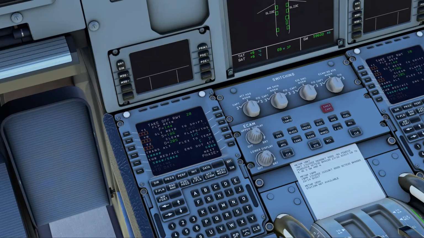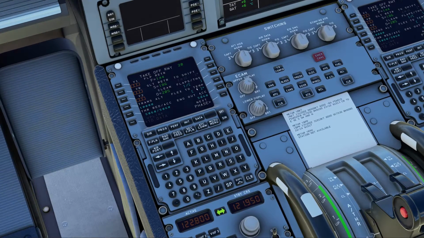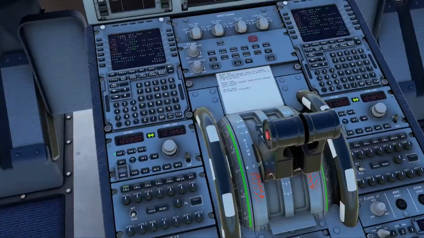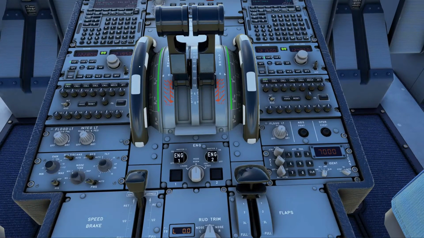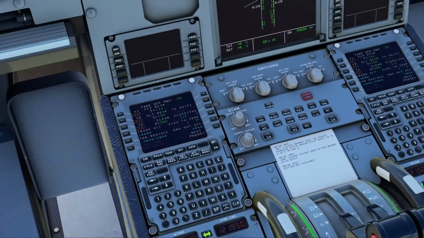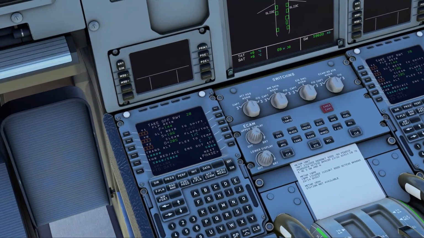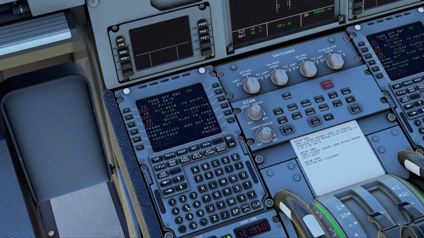Alright, so that's that. It's going to be a Flaps 1 departure. Perf is the last one. So, Perf. And our CG for our trim is 30. Okay. And flex to temp. I'm going to put 55.